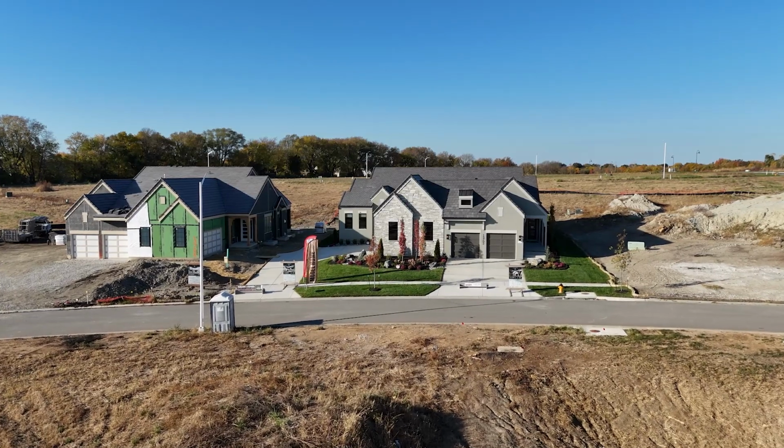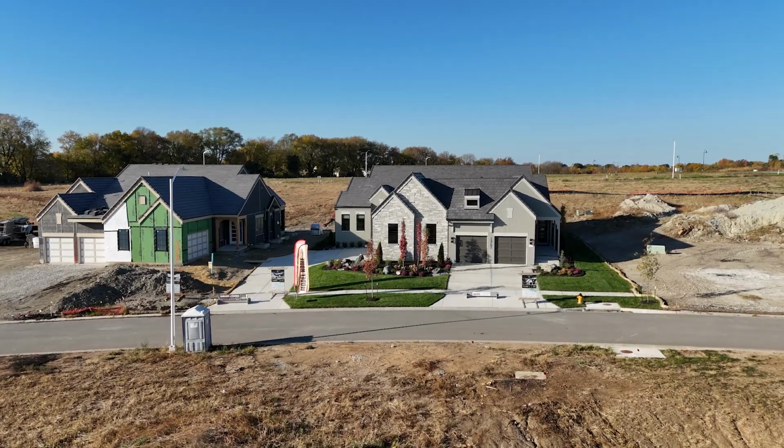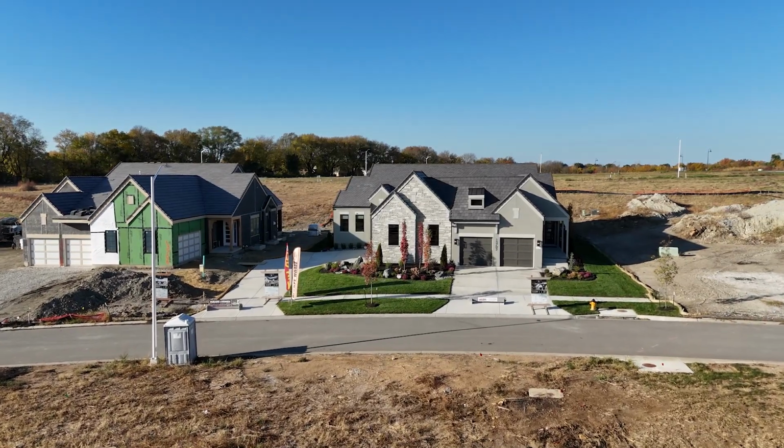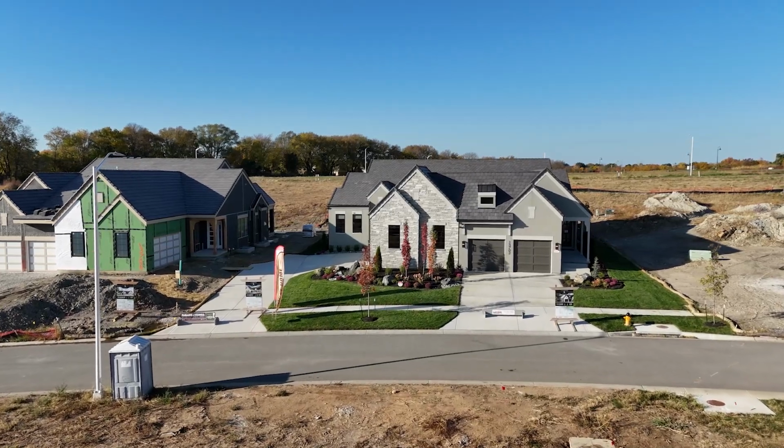You'll find almost two different pricing models that most builders target. So you'll find some builders where if you're looking at homes online, yes, it looks like their price comes in a little bit higher, but oftentimes it's because they're including upgrades, features, higher quality materials that other builders might be charging extras for. Then you'll find the second version where, yes, they're charging extras for a lot of that. They're not including as many things in their standard features, but the price comes in so attractively low that it's